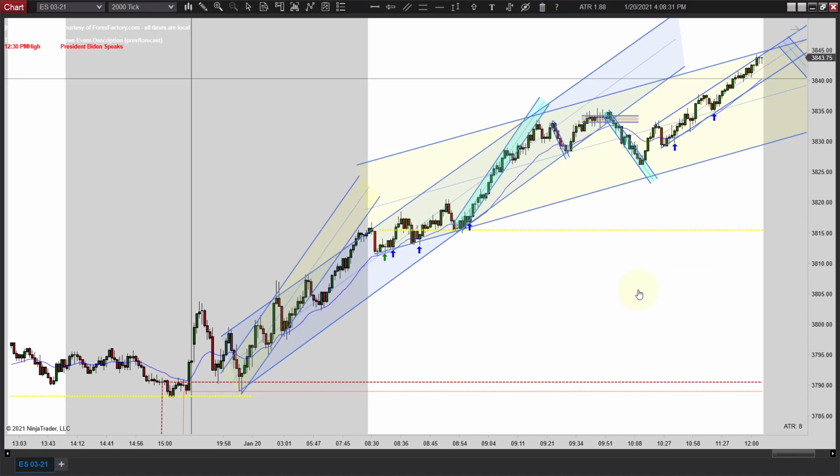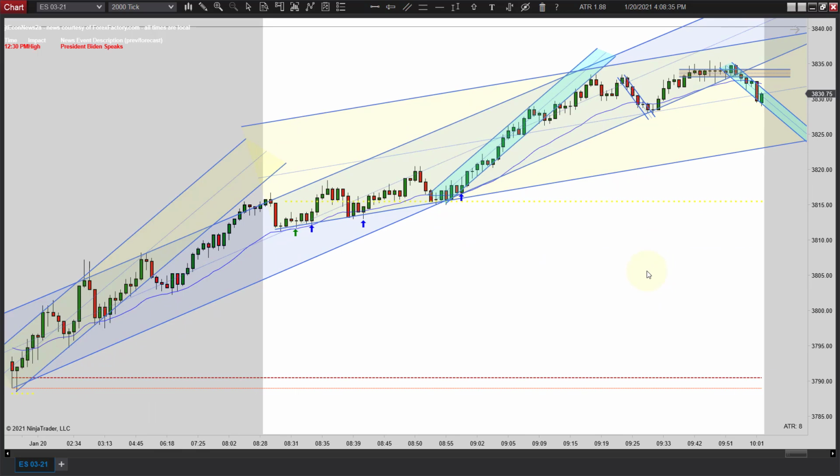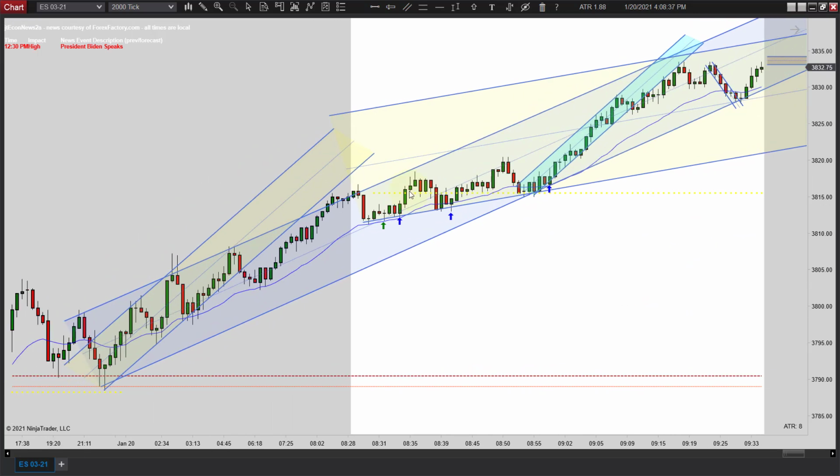So, let's back out where we can see this a little bit better, and we'll go through each trade. 7 o'clock, you had to be a little patient today, because 7 o'clock came on this move up, and there is a failed second entry short right here. However, a reversal failure like that, you want it to be off the EMA, not way up here. Even though it works, that's not a good setup. So just sit tight and you wait, and you come back and you get a first entry and you get